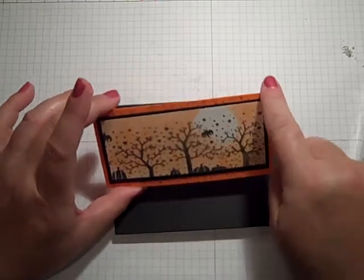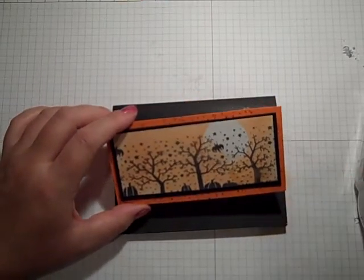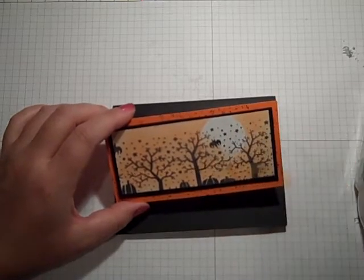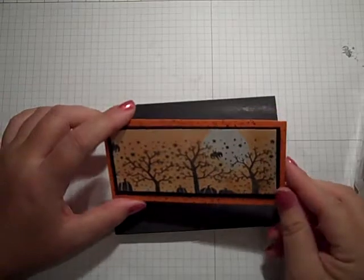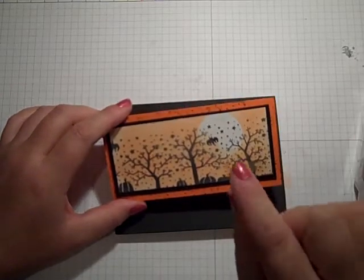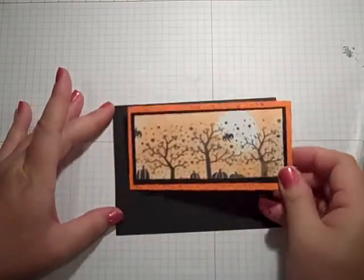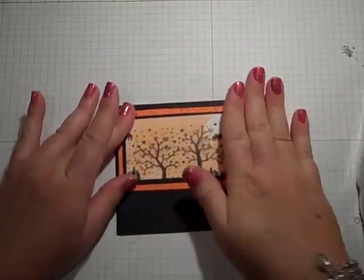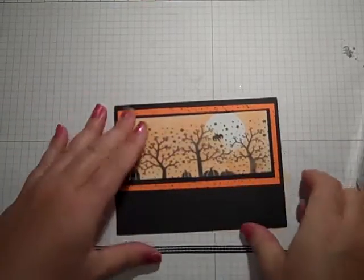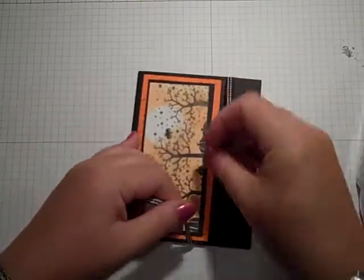And then my Only Orange background stamp here that I used the Itty Bitty background stamp on, which was this, that is cut at 2 1/2 and one smudge. Okay, I'm not good at measuring, but it's 2 1/2 and then that one little line right after that by 5 1/4. So I'm going to adhere this here,